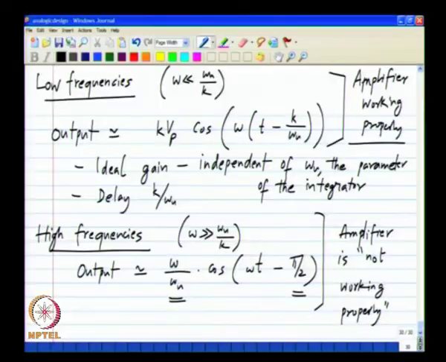So, it puts a limit on the frequencies that you can apply to the system and still expect proper behavior. In this case, the proper behavior is the behavior of an amplifier. You would like the amplifier to have a gain k, it has a gain k only at frequencies well below omega u divided by k. Okay. So, this amplifier is usable only for sinusoids whose frequencies are below omega u by k, which is why it is called the bandwidth. So, bandwidth simply means the usable range of frequencies.